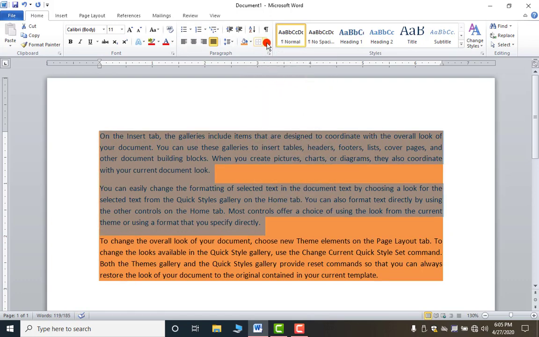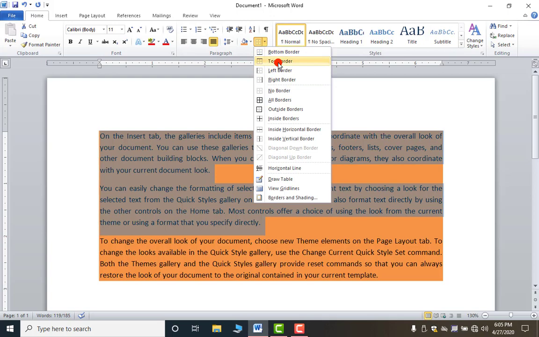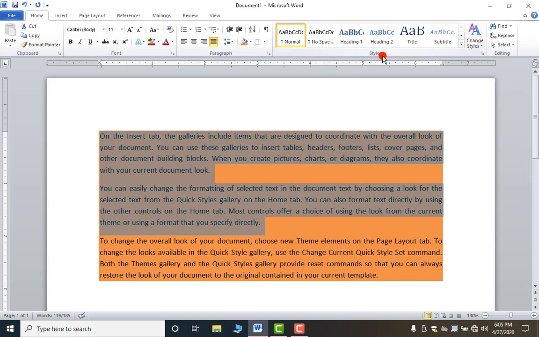You can try all the features, this bottom, top, left, as the name suggests. If you select the right border, the border will come on the right hand side. If you select the left, it will come here like this. Okay, simple one. Now just after that we have this styles tab.